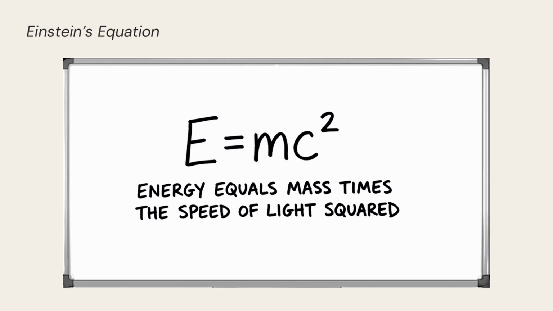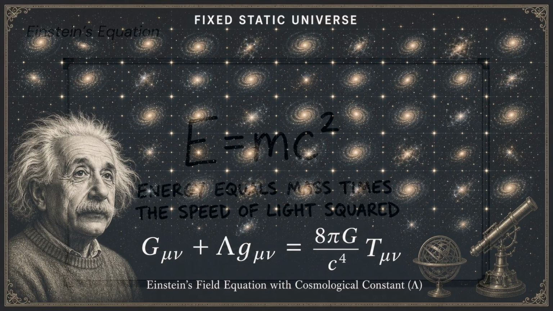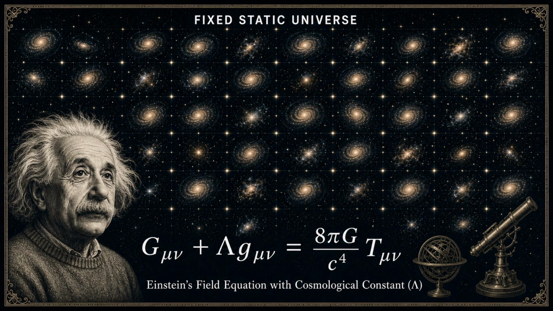12 years later, in 1917, Einstein applied his completed general relativity to the universe as a whole. The field equations had refused to yield a static solution. They predicted a cosmos that must be expanding or contracting. The prevailing view held that the universe was fixed and eternal, and Einstein shared that view. To make the equations produce a static result, he introduced 2 things in that same paper.